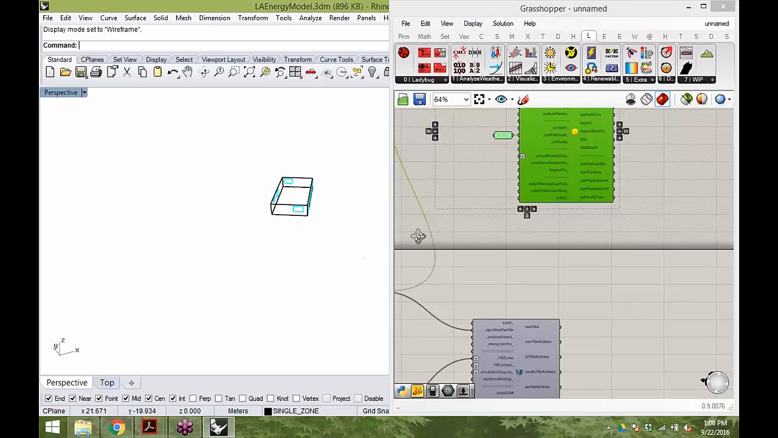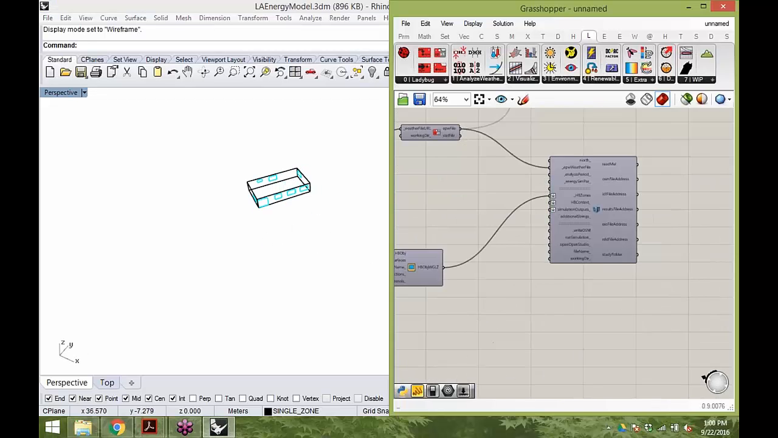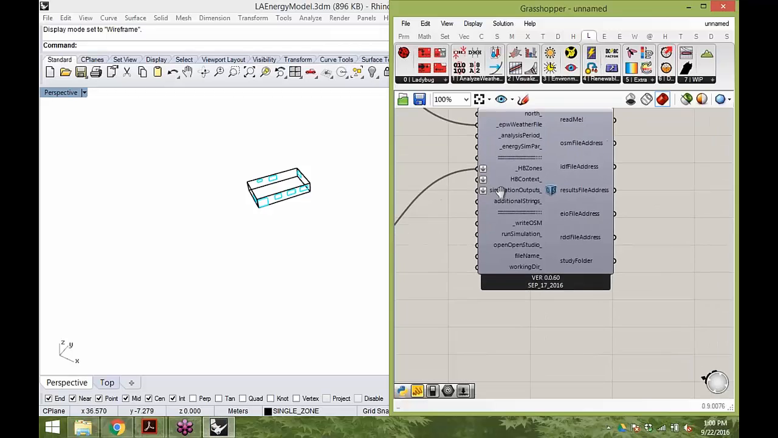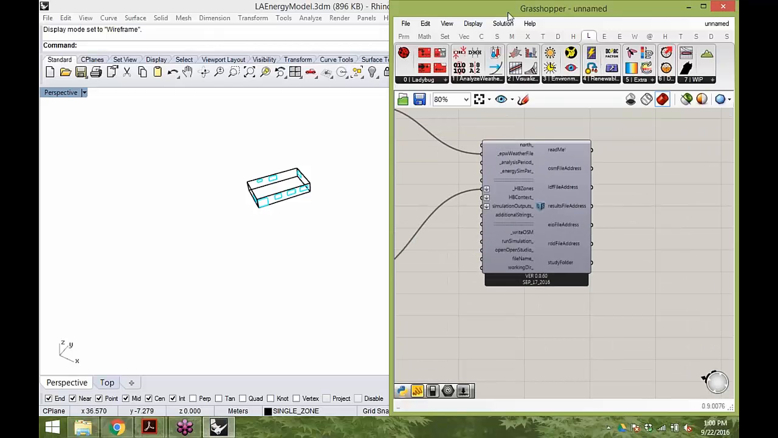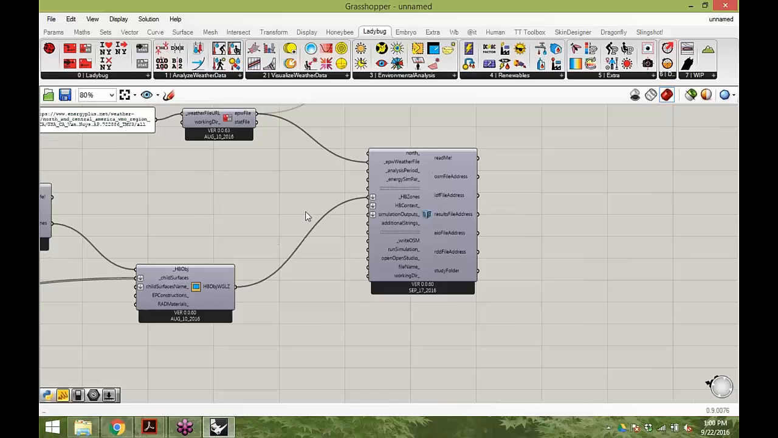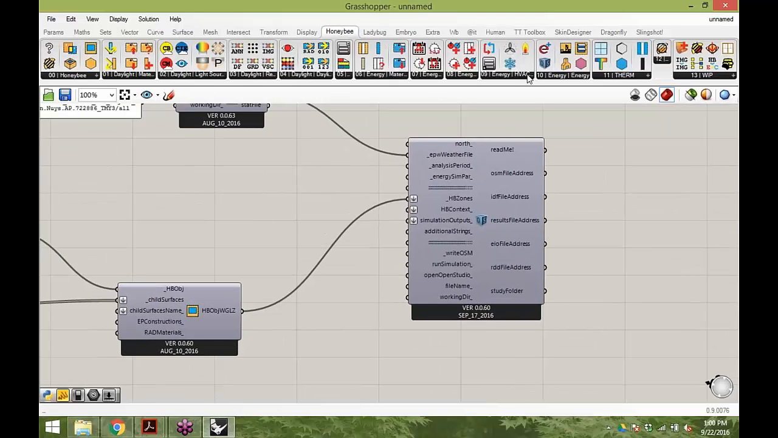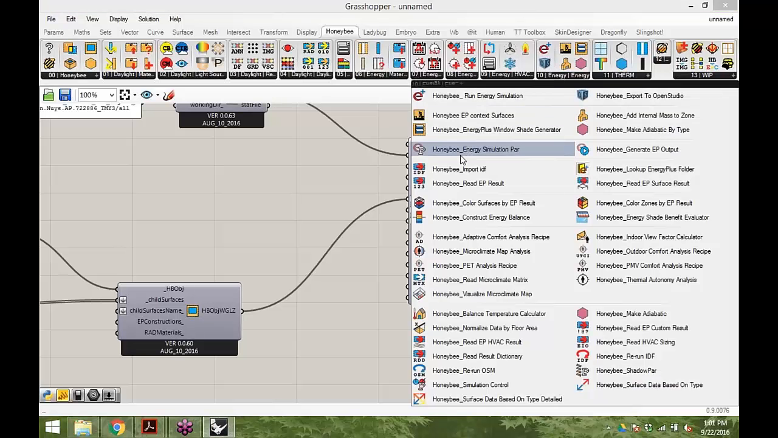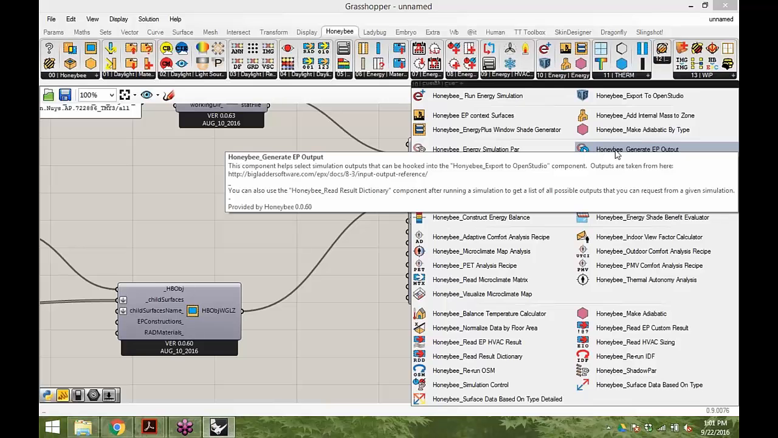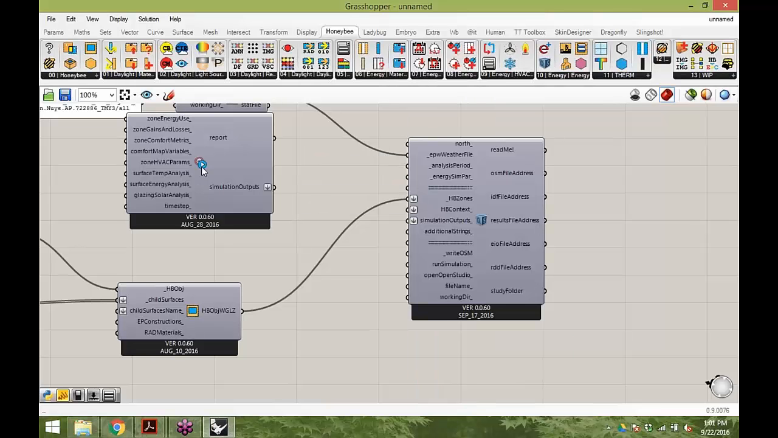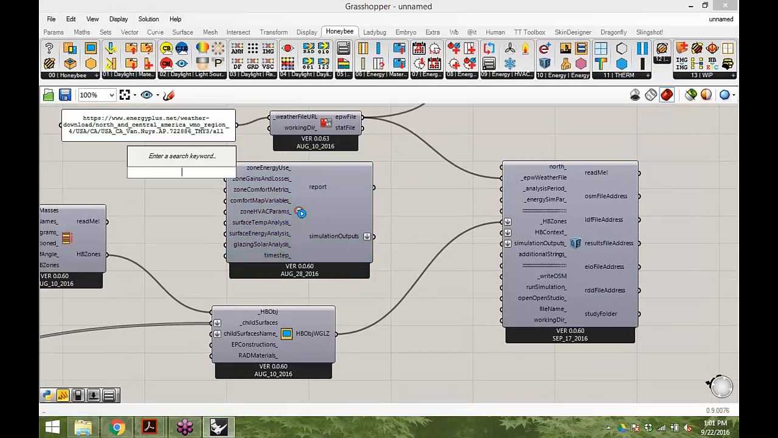All right, so we've got the zones, we've got the weather file. Maybe the last thing that we'll do, because we have all the required inputs, is I just want to request some outputs here that are going to be useful for when we start to analyze the comfort in the energy model. So I'm going to drag and drop the Honeybee generate EP output component, which is under the 10 tab there, and I'm going to select